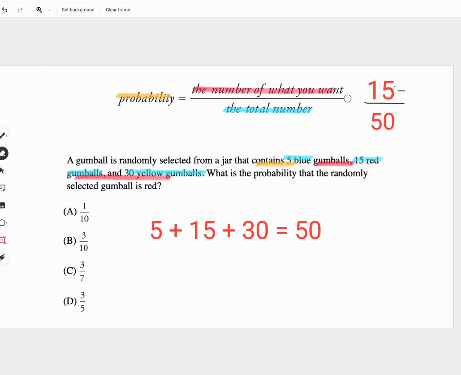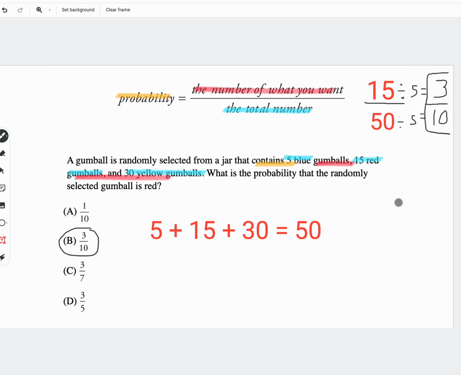Let's divide out both the numerator and denominator by 5. 15 divided by 5 is 3. 50 divided by 5 is 10. Giving us a fraction that we do see in the answer choice. Answer choice B